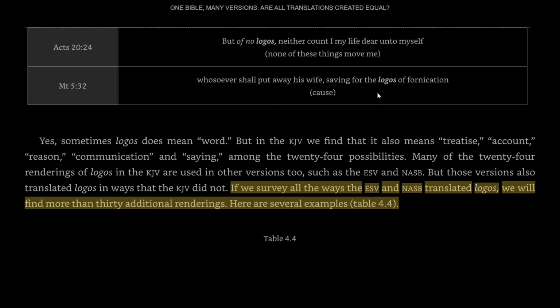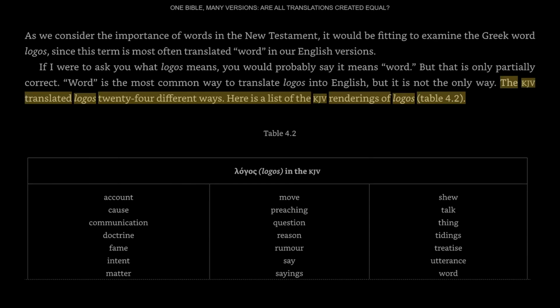The point is you have to use different words that convey the nuances of the meaning of logos. Logos has a certain range of meaning, and it doesn't totally match the meaning of a particular word in English. Hence, you have a lot of different definitions, even in the King James Version, a lot of different translations for the term logos. So I just wanted to show you this, recommend this book to you, and really make the point